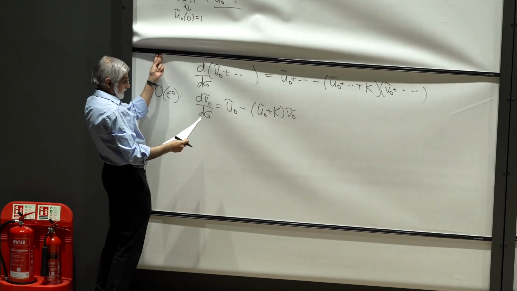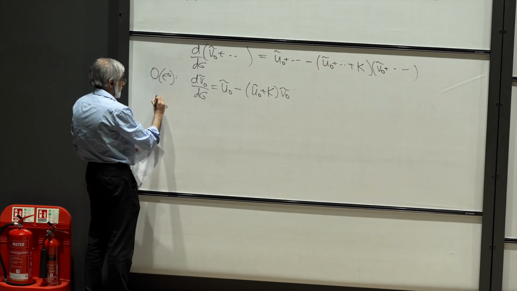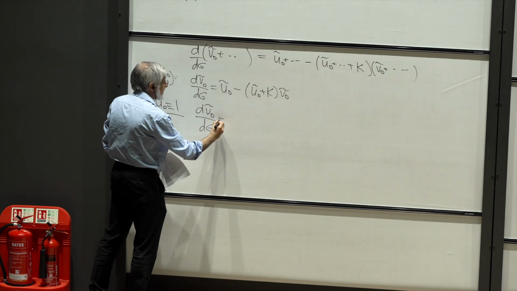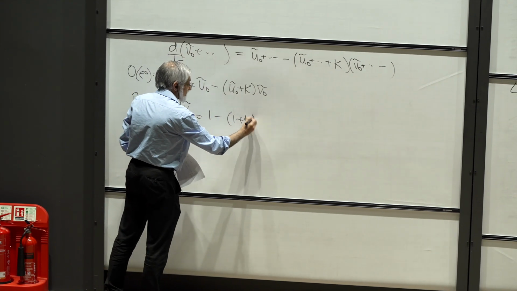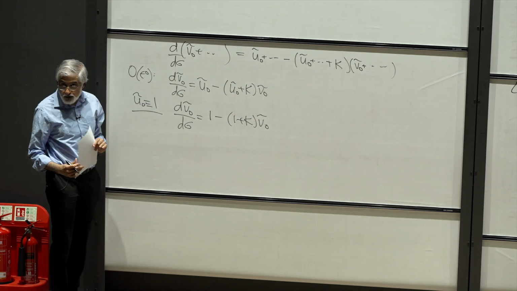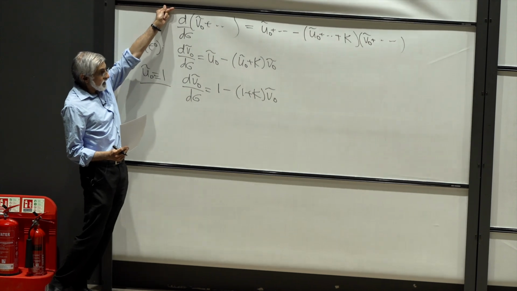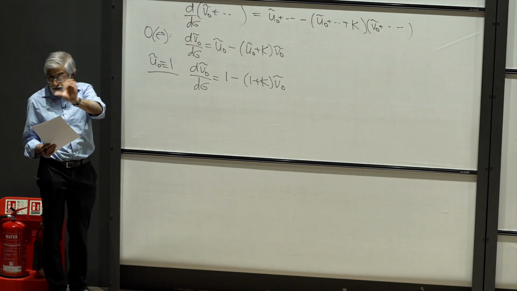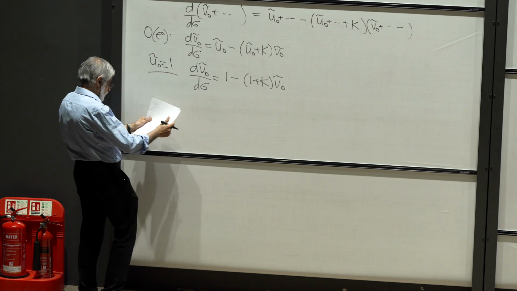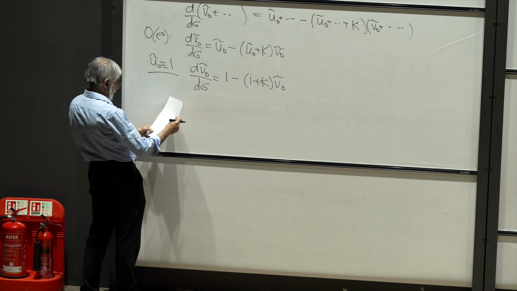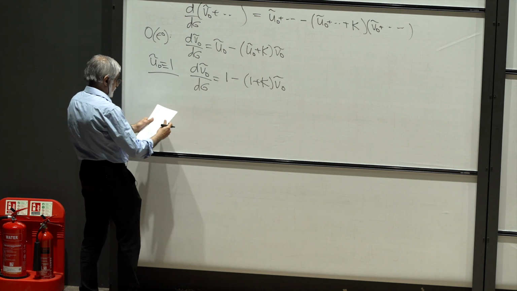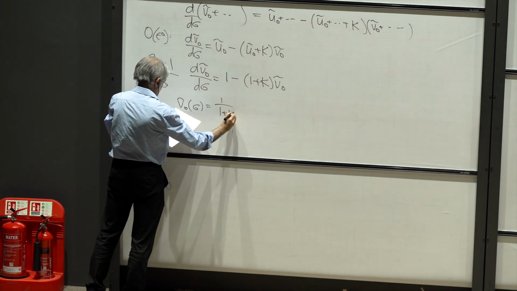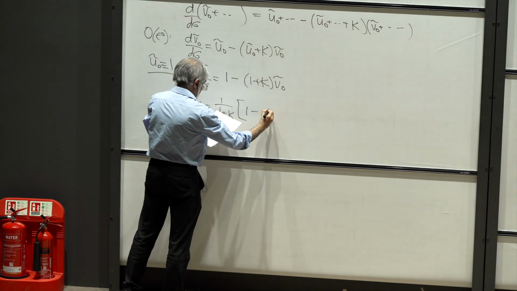U naught hat equals 1. Therefore, this equals 1 minus 1 plus k v naught. So that's a linear first order ODE. You can either solve it by using an integrating factor or by using complementary and particular solutions, and I'll leave it to you to show that you end up getting this thing here,